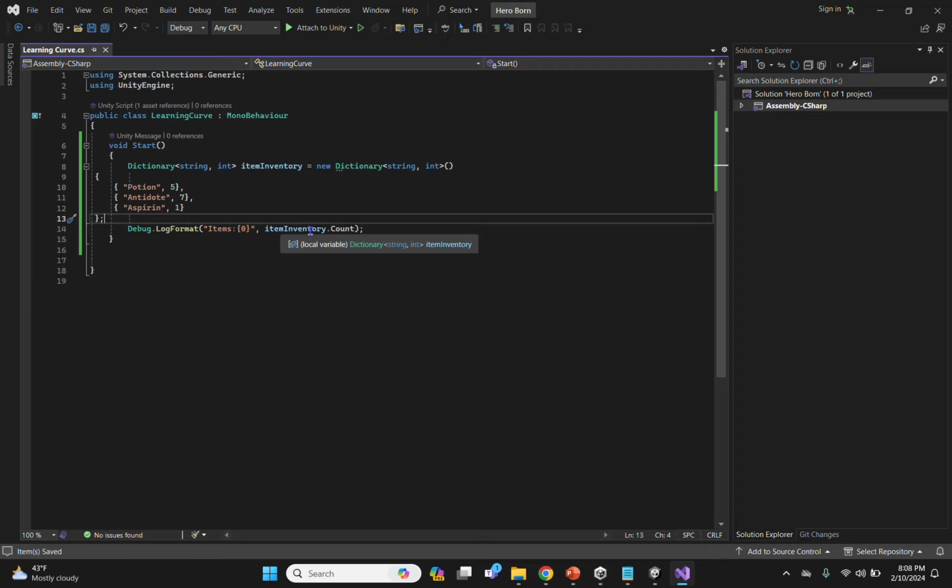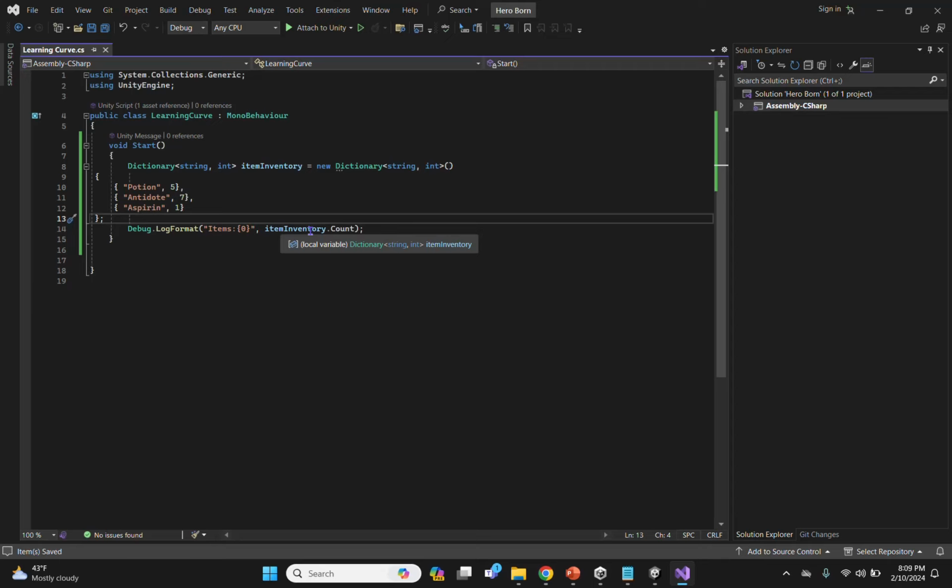So dictionaries shine when you need to access or update information quickly based on a unique identifier, like item names in an inventory. They are specifically handy when the data is complex, or when you need a quick way to look up values without searching through a whole list. And